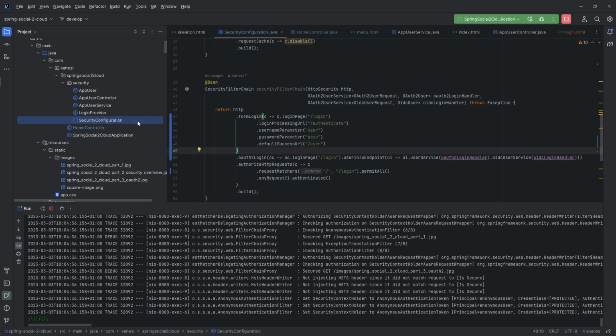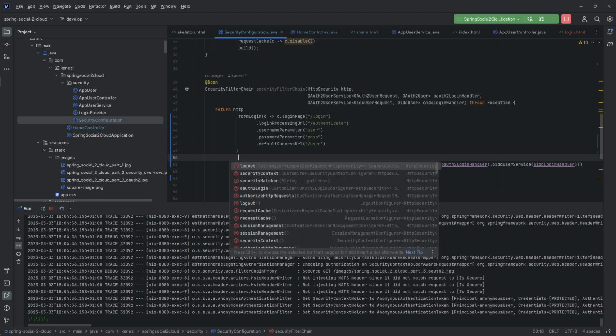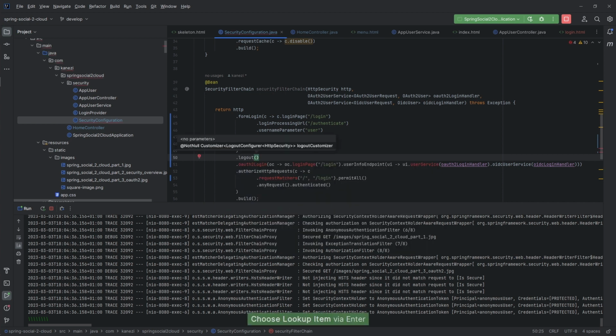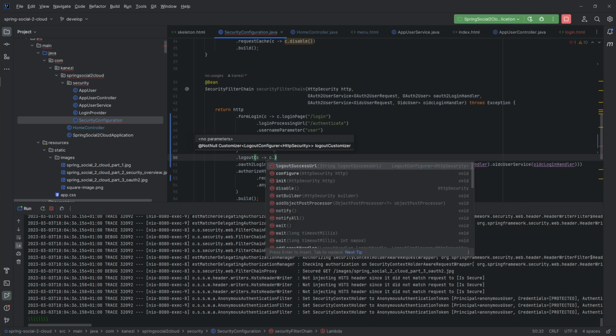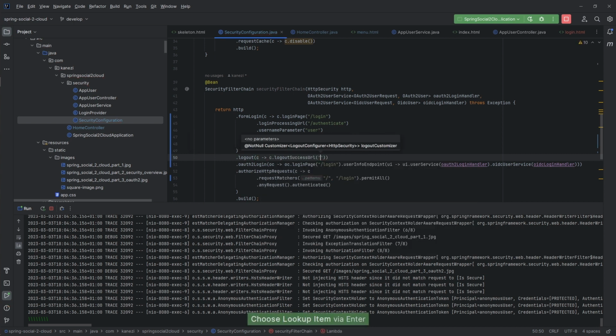Our logout procedure currently redirects to the login page. And let's say we instead want the user to be redirected to the home page. And we have a login button there if he wants to log in again. So we'll customize the logout with logout success URL. We'll set